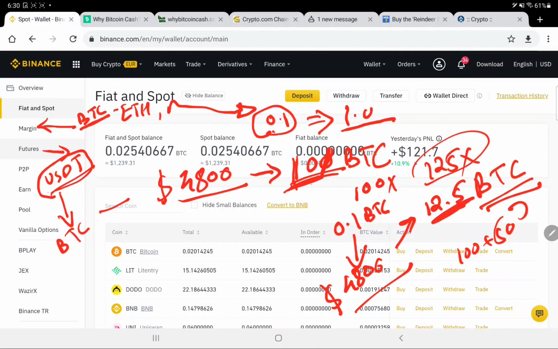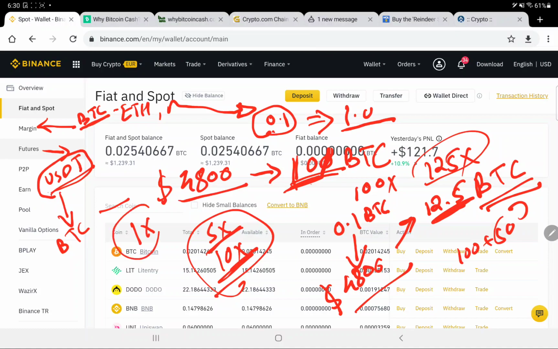We recommend not going above 5x, or maximum 10x leverage. If it is a good opportunity, you can trade with 10x, or in normal conditions you should trade with 5x only. And if it is more capital, then we only use 1x margin. We don't take any risk with either margin or futures trade.